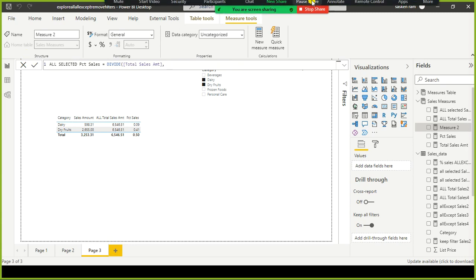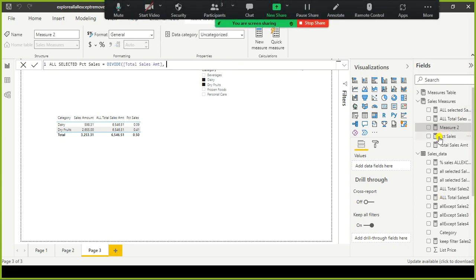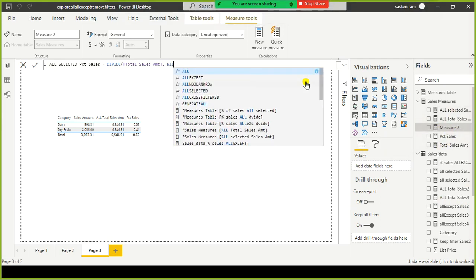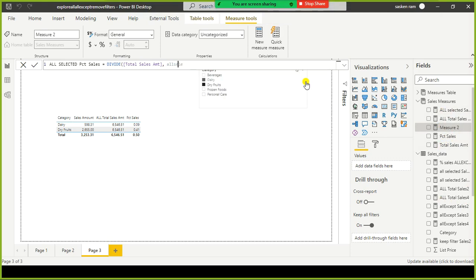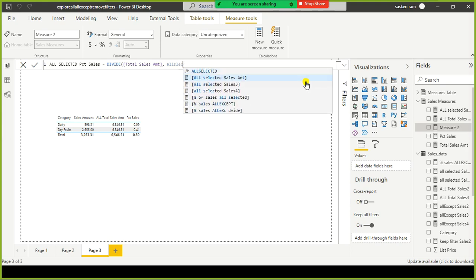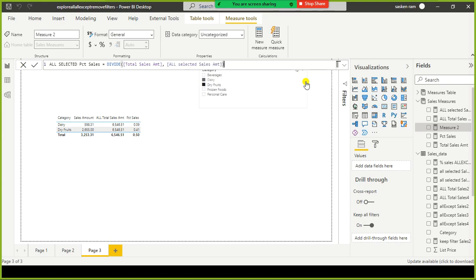Here I'm going to use total sales amount and the ALLSELECTED sales amount.